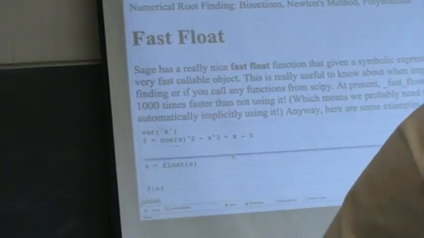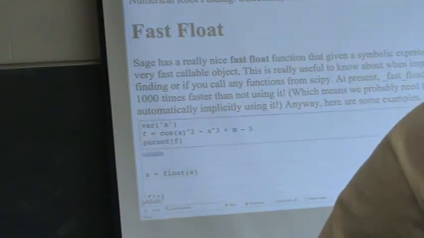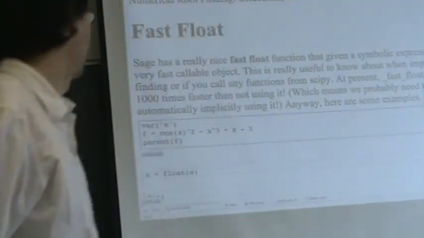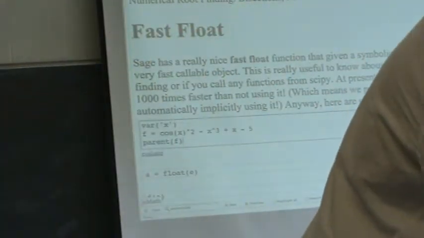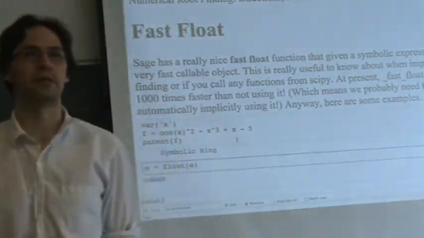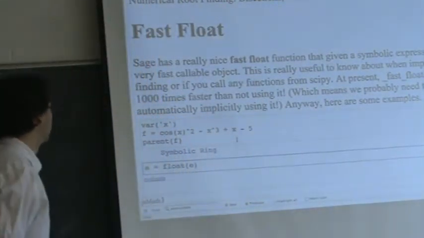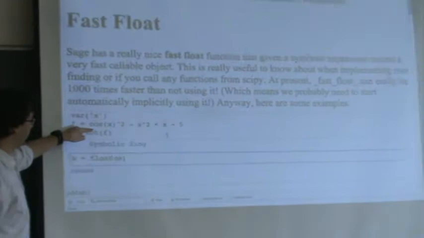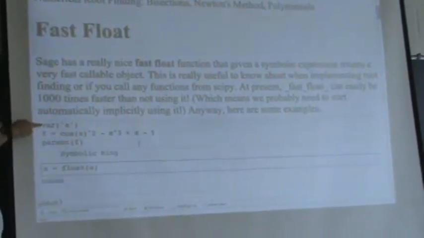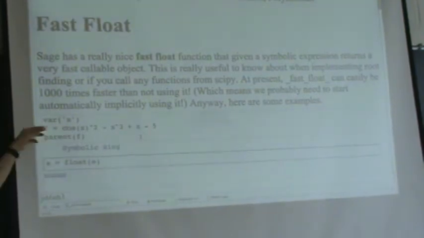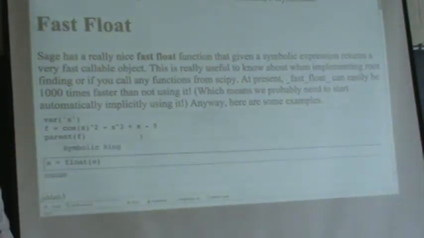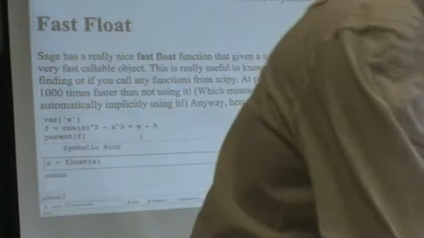Okay, so now I'll talk about root finding, but before I do that, I'm going to talk about this fast float evaluation thing. First, it works on a couple of different types of objects in Sage, but it particularly will work on most things in the symbolic ring. So that's when you make a symbolic variable, and then you make some sort of calculus-like expression using that symbolic variable. But if you have such a thing, so here's an example where I take E,